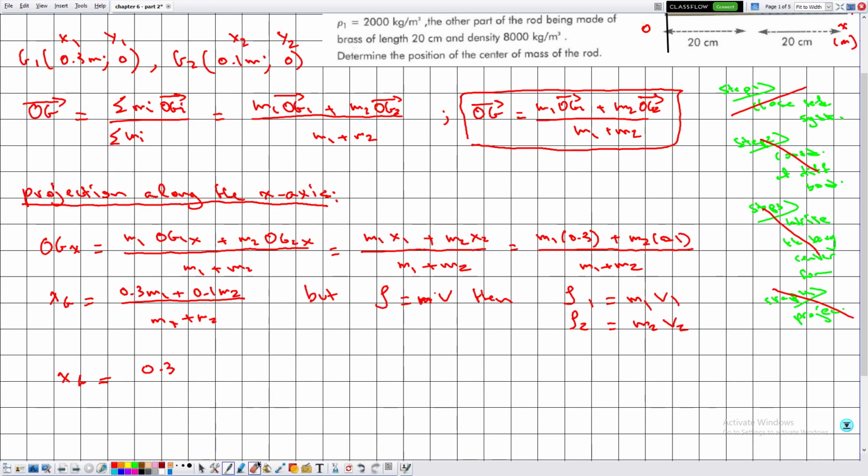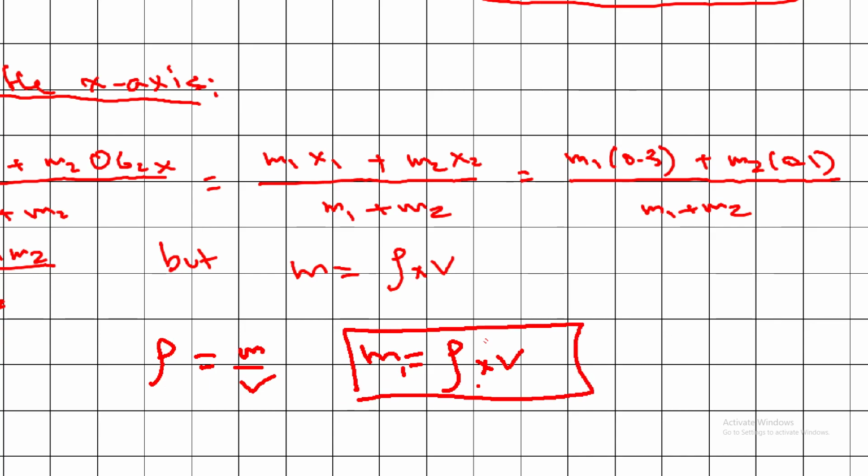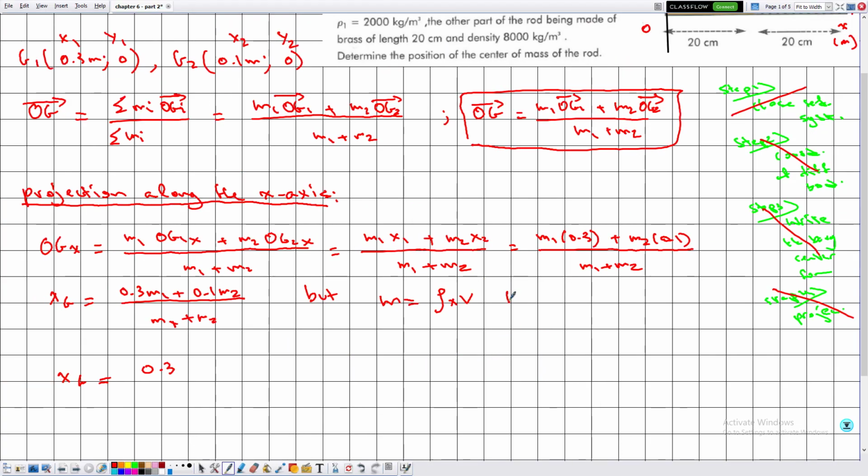Sorry, we are interested in determining the expression of M and not rho. Sorry, this is completely wrong. So here we have that mass is equal to rho multiplied by V. Recall that if rho is equal to M divided by V, then M is simply given by rho multiplied by V. Okay. So in this case, if M carries the index 1, rho will carry the index 1 as well as V1. So then M1 is equal to rho 1 multiplied by V1 and M2 is equal to rho 2 multiplied by V2. So replacing the value of M by this expression, plus 0.1